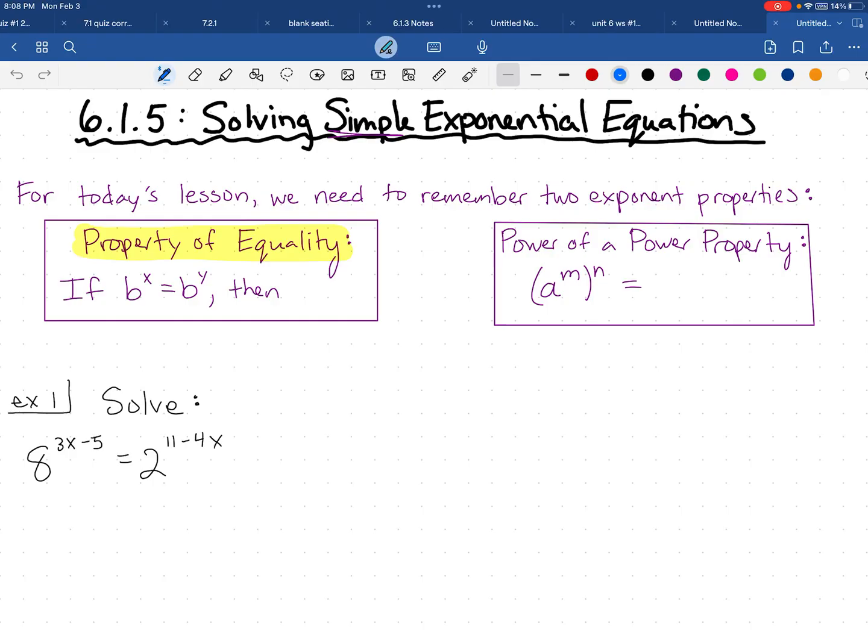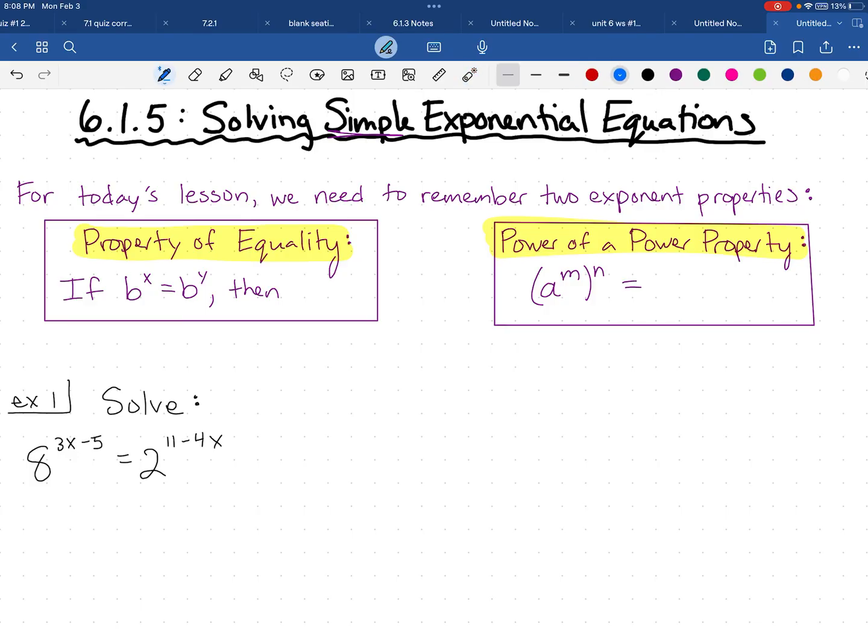For today's lesson, we need to remember two exponent properties that we've probably learned before. I'm going to start with the one on the left, the property of equality. Now, this one you may not have officially learned before, but I think that as you see it written, you'll be able to fill in the blank of what this property says. So I've set up the first part for you. This property says that if b to the x equals b to the y, then what do you think would